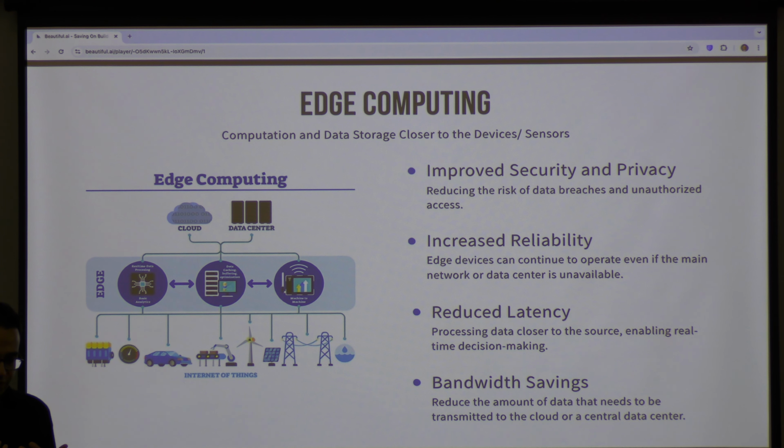Then there is a concept of edge computing. I talked about SaaS software, like collect the data from hardware, now you can take that data over to cloud. Everybody is aware of cloud computing. What is cloud computing? Going back about 20 years ago when I started my career, at that time cloud was coming, and many people didn't know what cloud is.